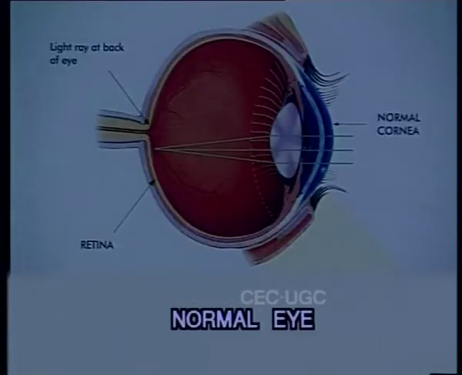Once we understand the structure of the eye, it is very easy to see that the common vision conditions like long-sightedness or short-sightedness are not really diseases. They are the result of the shape of the eye. In the normal eye, the cornea and the lens refract or bend light directly on the retina. Thus, we get a crisp and clear image.